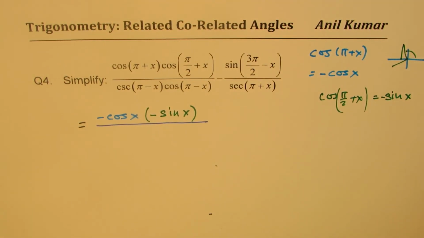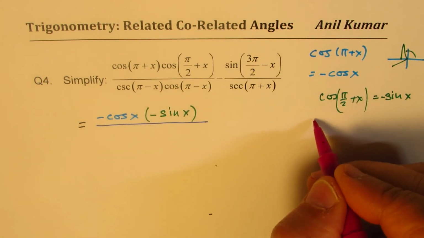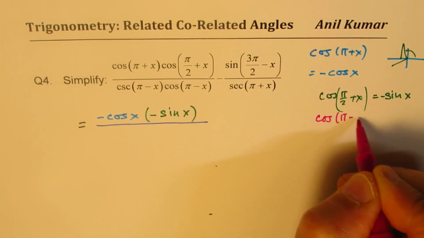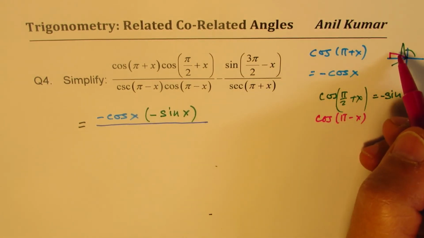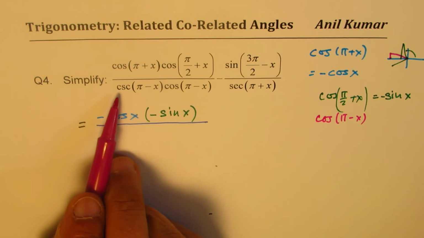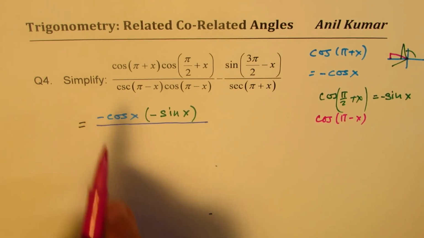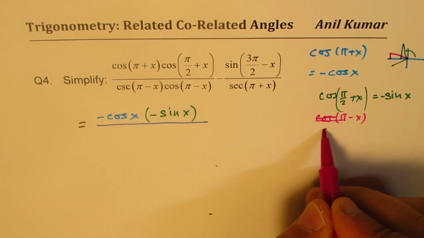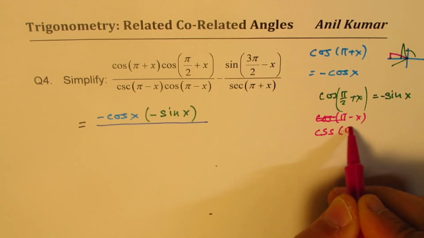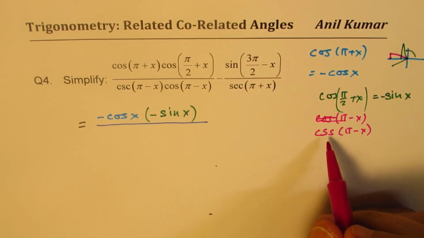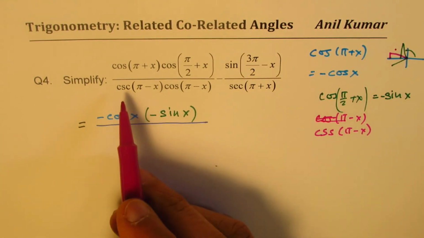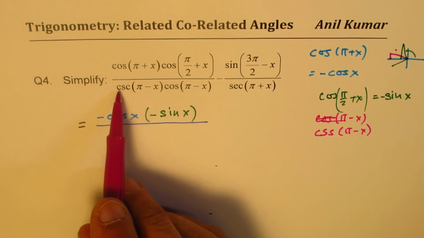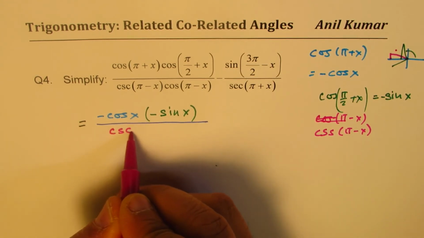Perfect. Now let's look into cosec of pi minus x. So when it is cosec of pi minus x, you are actually here. Now again, oh sorry, this is cosecant, right? This is not cos, this is cosecant. Pi minus x. Now cosecant is the reciprocal of sine, right? You are in quadrant 2, where it will remain positive,